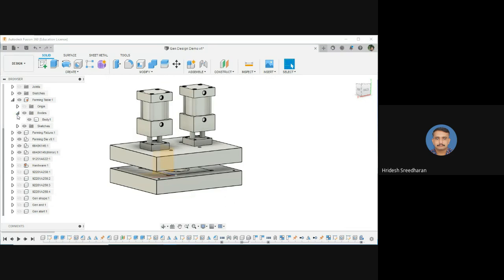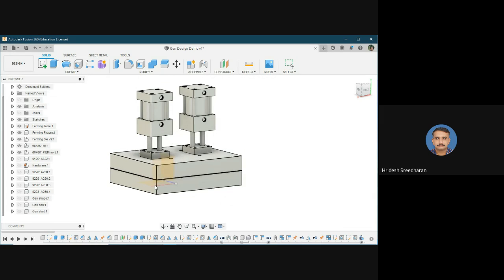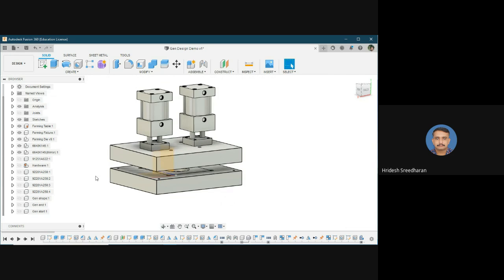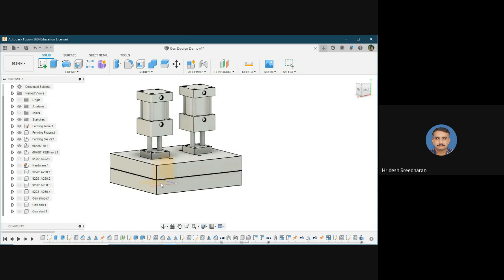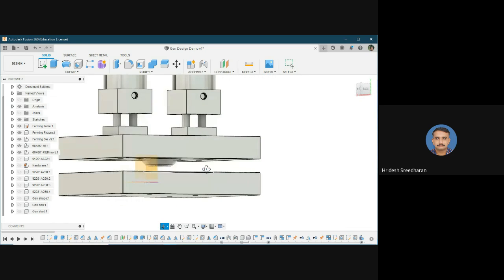And now coming to other parts, there are two pneumatic cylinders, air cylinders, and with the help of pistons, this top portion will be moving up and down. Okay, so the sheet metal will be kept between these two dies, and with the help of this pneumatic piston, it will be taking the desired shape of the die.